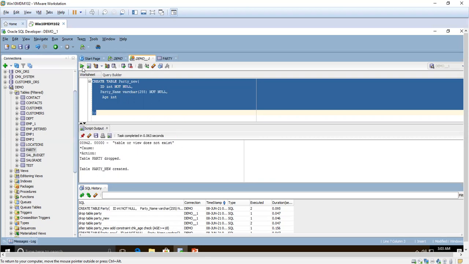Now I have created one table party_new with the same columns, but here I have not created the check constraint. I am going to create it after creating the table, on the column age by using ALTER TABLE.